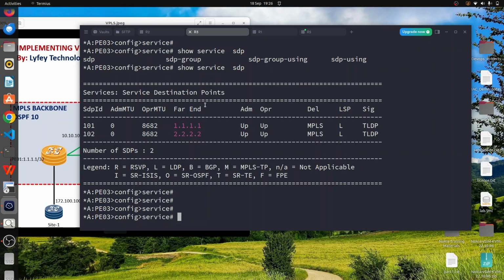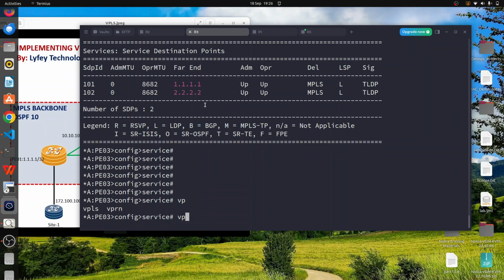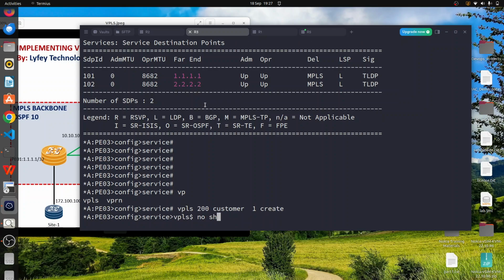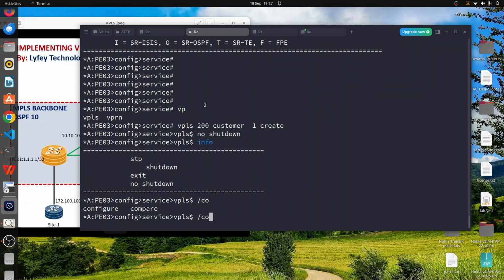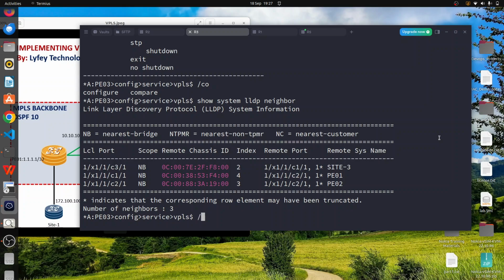And finally on P3 we do the same, configure service, it's VPLS 200, customer 1, create, no shutdown, info. I'll use the backslash again, configure port, let me show system LLDP neighbor. So it's configure port,